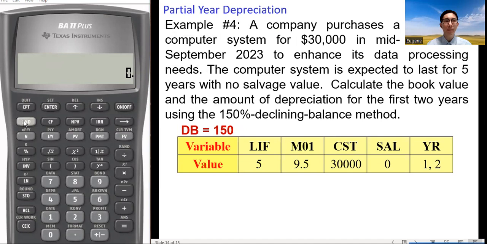Using the calculator, choose the DB method, enter 150, and then we can key in the information. LIF is 5. M01 is 9.5.